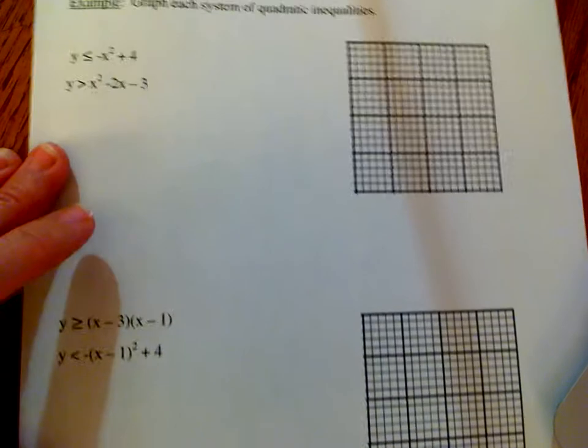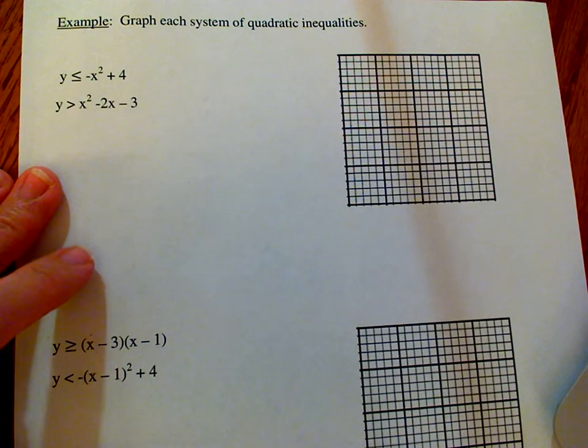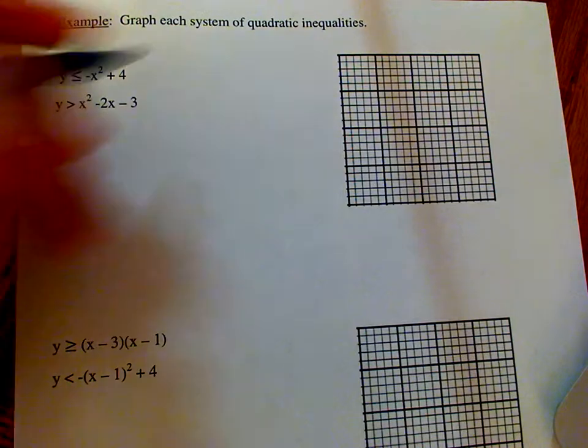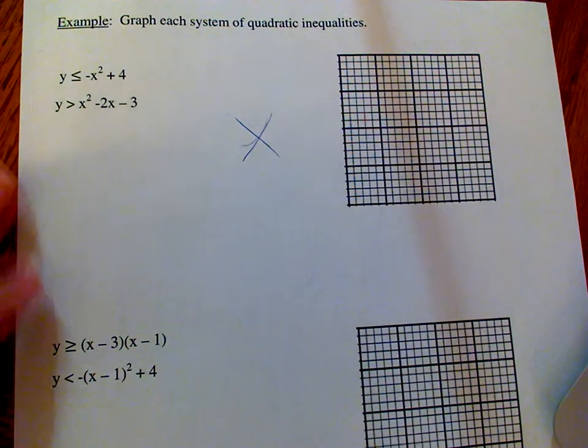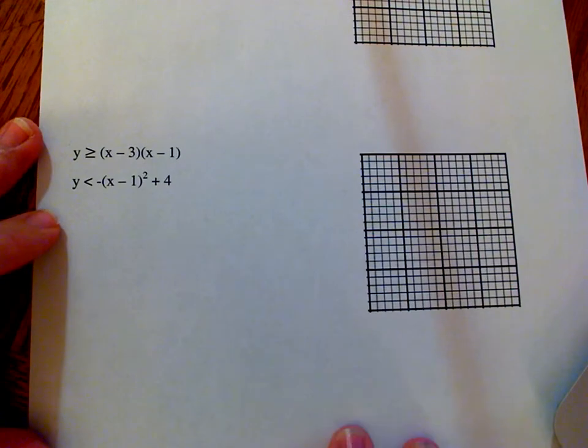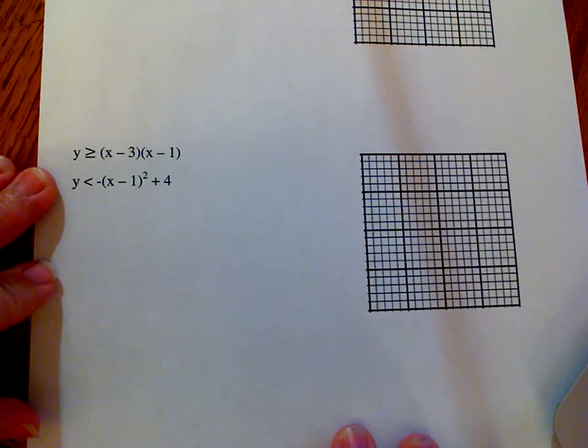The last set of examples in the note packet are graphing a system of quadratic inequalities. I'm going to go ahead and skip the first one, just so we can look at an example of intercept form with something like this. But really, if you move down to the second one, when you're graphing a system of quadratic inequalities, again,